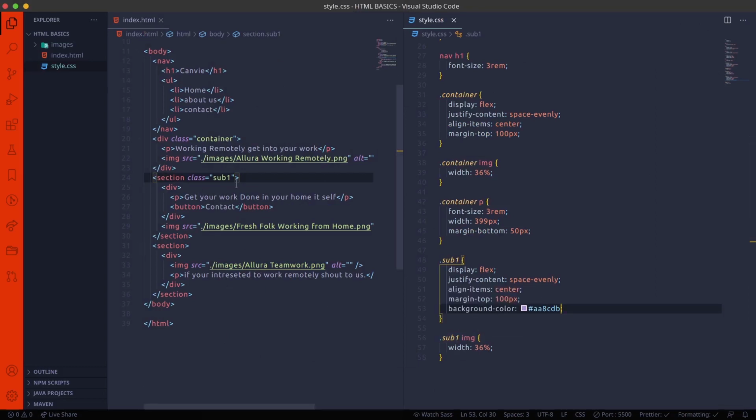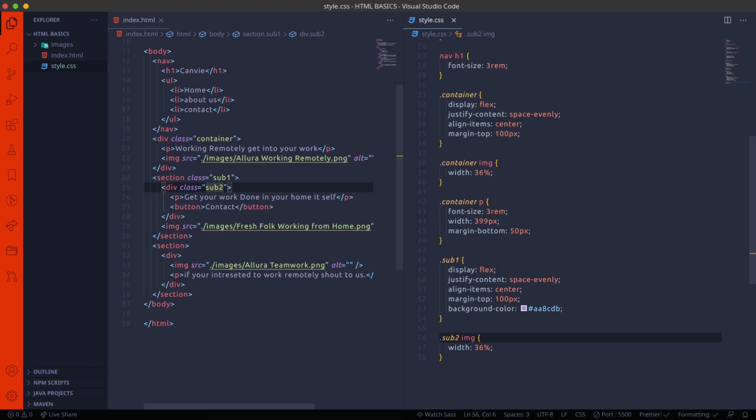Here the section will have only reference to the div tag and the image tag, not inside the part of the div tag. So here I'm also using class. So now this one will be sub2. For example, now I'm using the sub2 image.